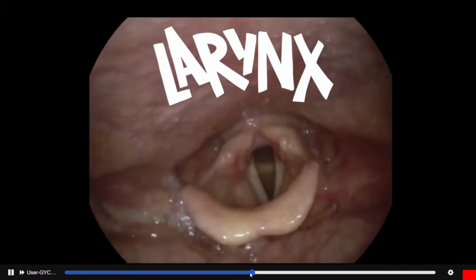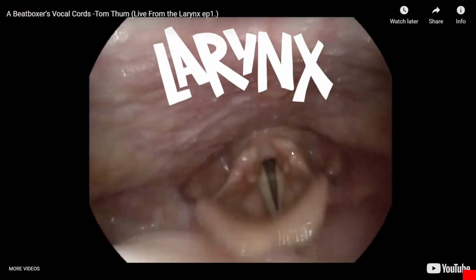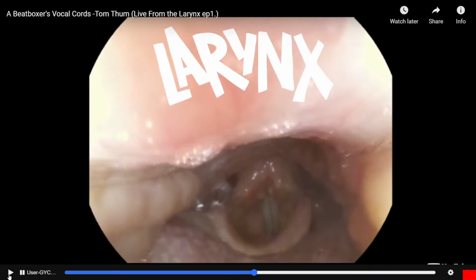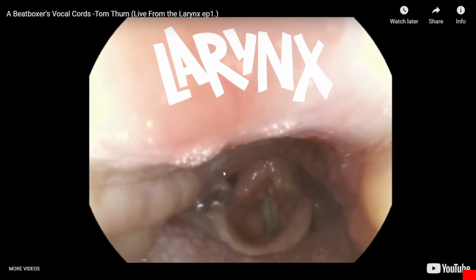Yeah. So now we see the larynx. What you're going to see is what people would call placement or vowels. You are orienting the vocal tract to optimize the resonance for different sounds. That's a very hooty, high-pitched sound. To get resonance for a higher frequency, you can see how